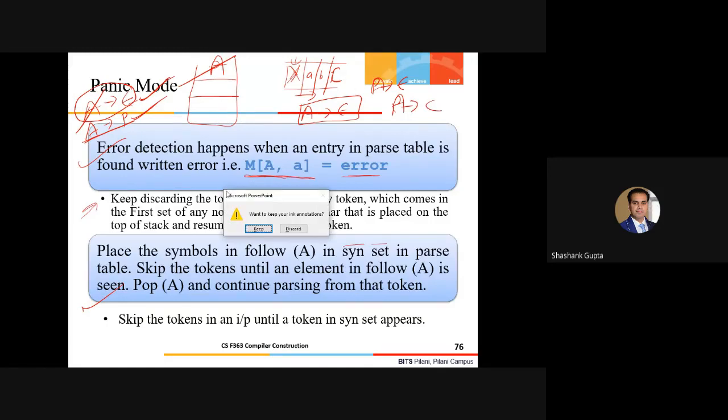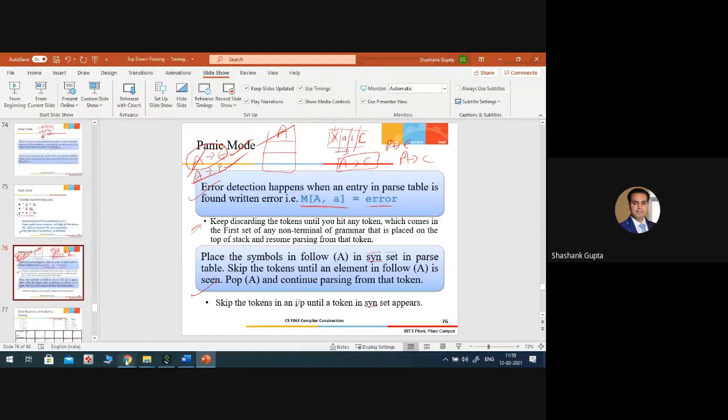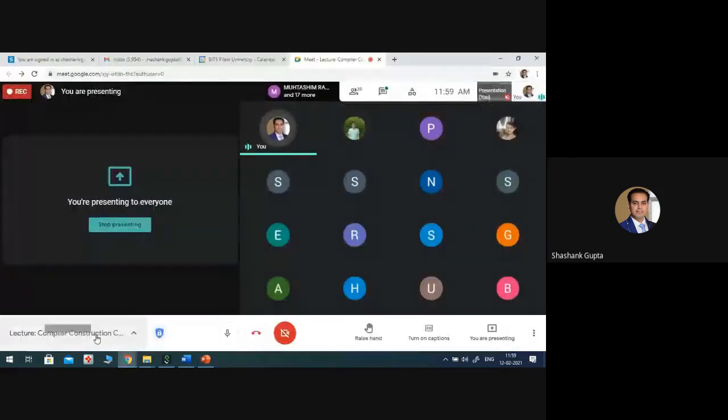Fine, guys. So I have uploaded a few practice problems with respect to the LL1 grammar. Please find these practice problems on Nalanda. I have recently uploaded them. Whatever we have discussed with respect to the parsing, I have uploaded a few problems on that. Now if anyone wants to discuss any question with respect to this, I am ready to take.